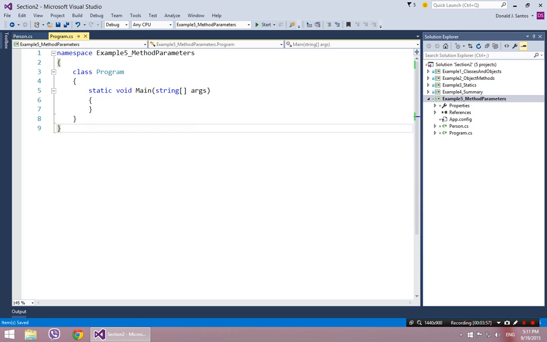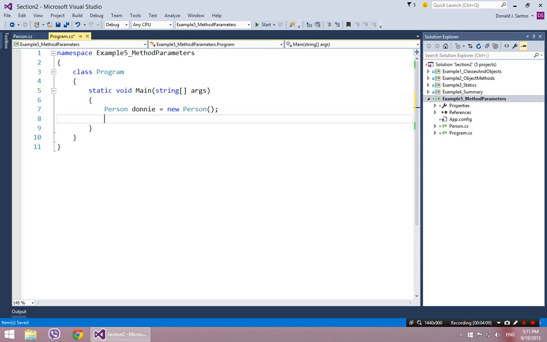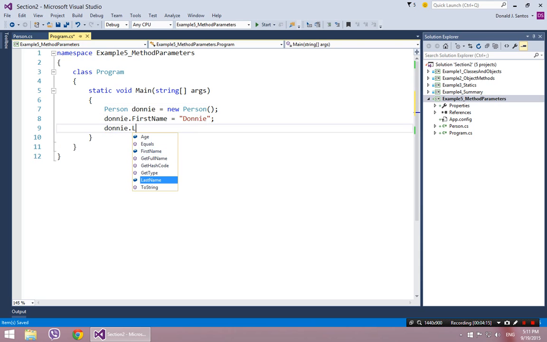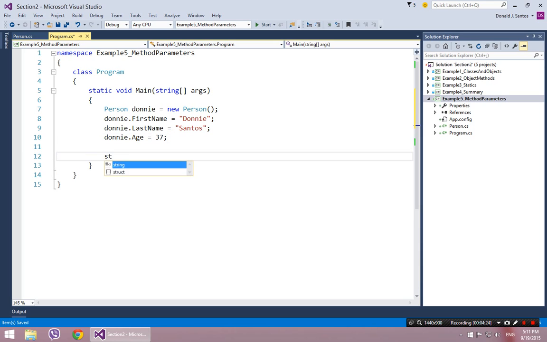So let me just really quickly, since it only takes 10 seconds, once again exemplify how we use that. We can say, hey, I'm declaring a person, Donnie, instantiate that person. So now I have an object. I can say Donnie.firstName equals Donnie. Donnie.lastName equals Santos. And Donnie.age equals 37. And now I can say string fullName equals, and now I'm going to invoke that method on my object,